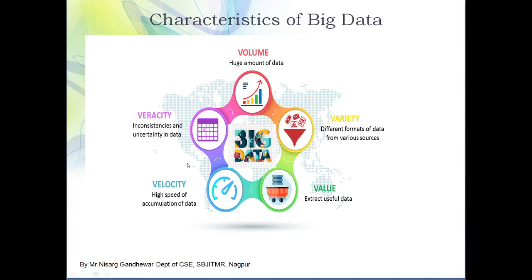Now the third characteristic is velocity. Velocity means speed. Velocity is nothing but the speed at which data is being generated. We have taken a simple example of a share market. A share market generates information minute by minute or second by second, so we can say it's real-time data. Real-time data is data generated secondly, minutely, continuously. So velocity represents the speed at which your data is being generated. Traditionally these are the three characteristics of data, but nowadays two more characteristics are being added.